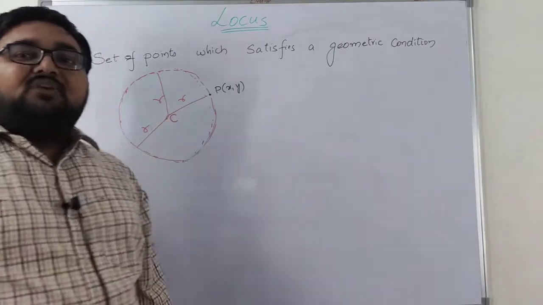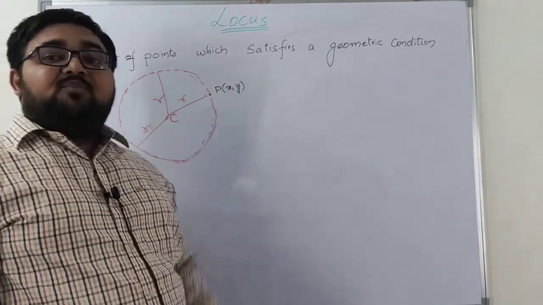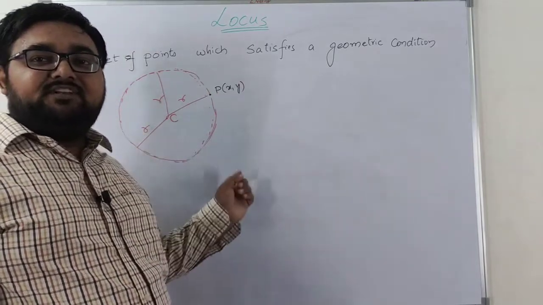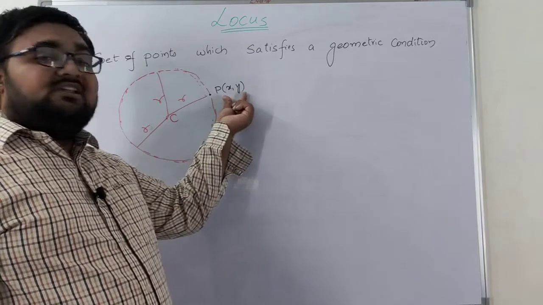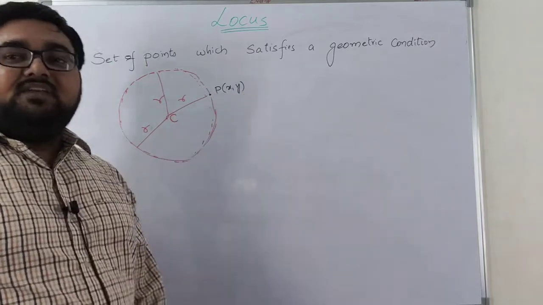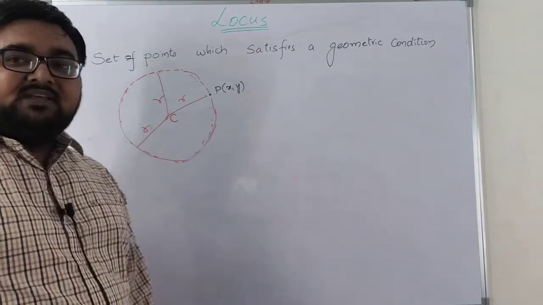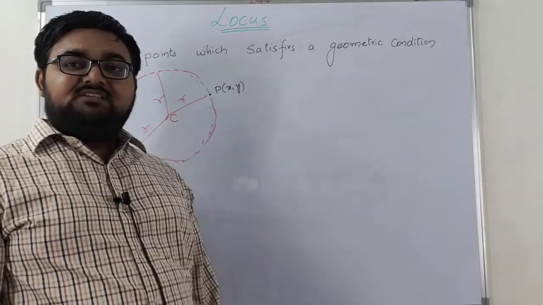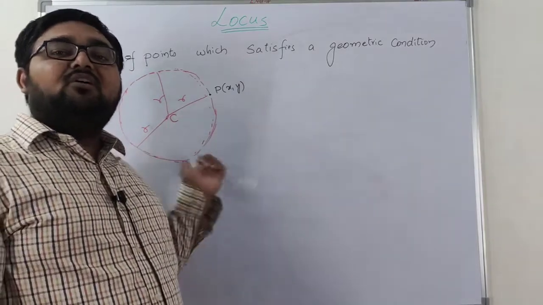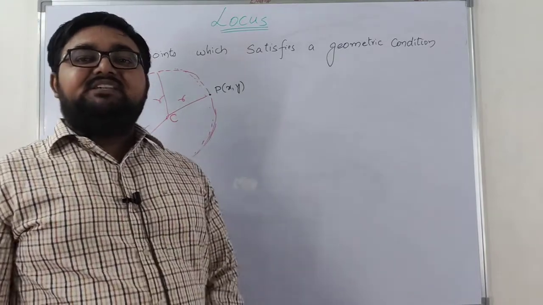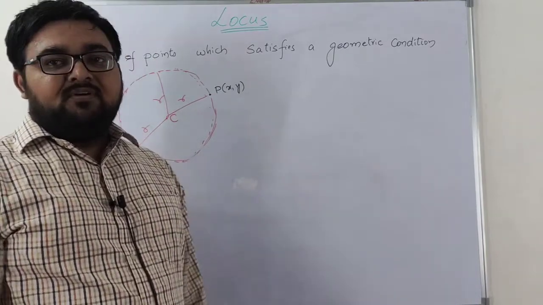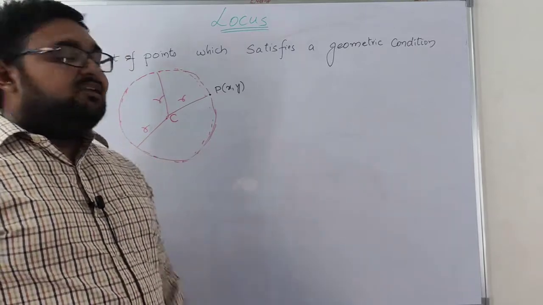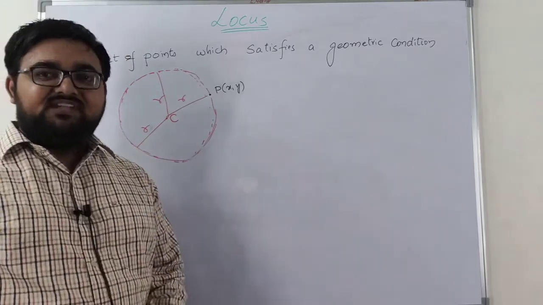That means this particular point P(x, y) satisfies the locus of a point. That means if this particular point is substituted in the equation of this particular locus and it is satisfied, then we say that it is one of the solutions, or simply this point is lying on the locus. That means it is a point of the set of points of the given locus, right? Likewise we have different types of conditions, right?